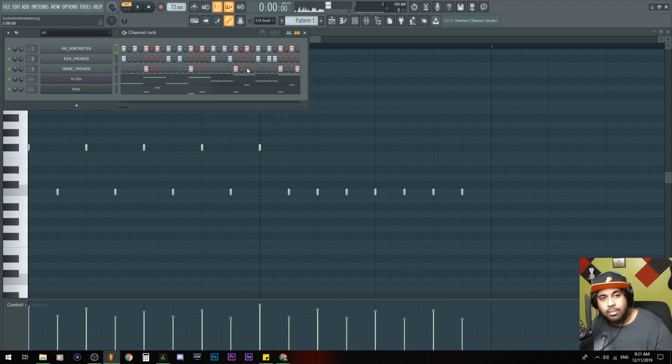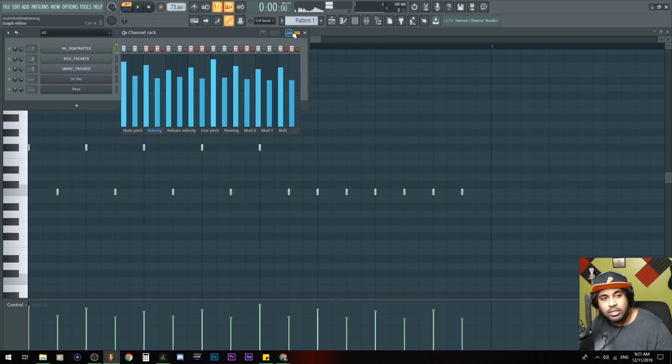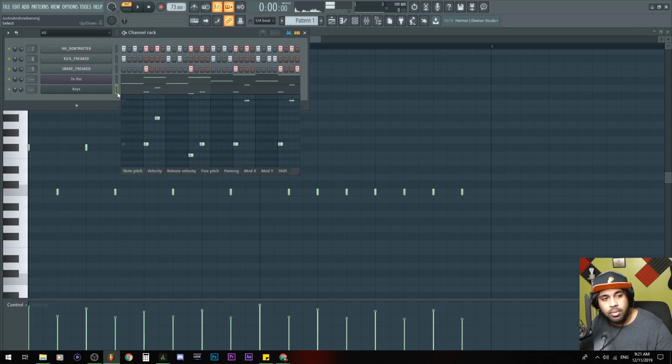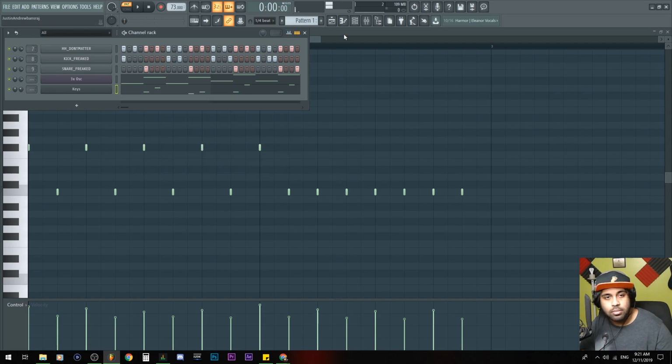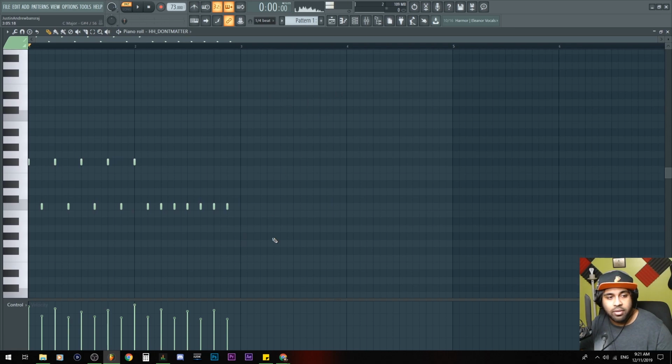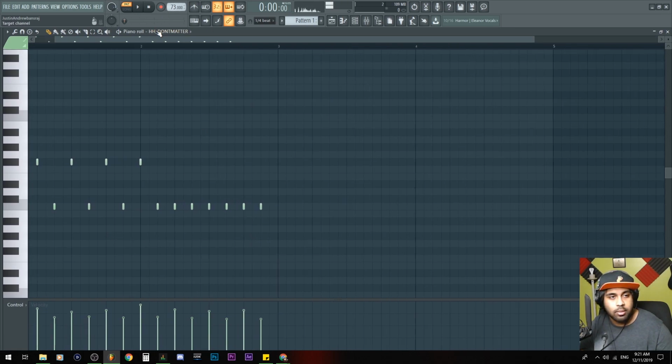So yeah, same thing goes if we adjust the pitches. If we go to note pitch and then we go to the piano, the keys we played just now, do D, do do, do D, do D. Yeah, that's basically it right there. So it's a mini piano roll, a compact piano roll in that sense. Awesome stuff, right?